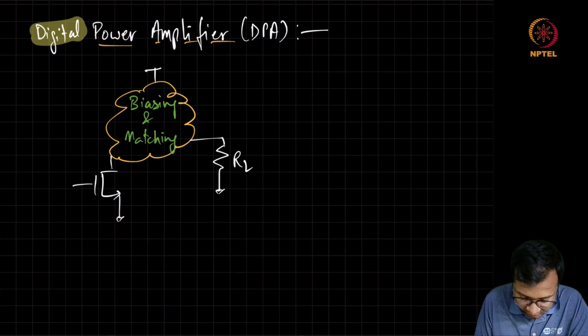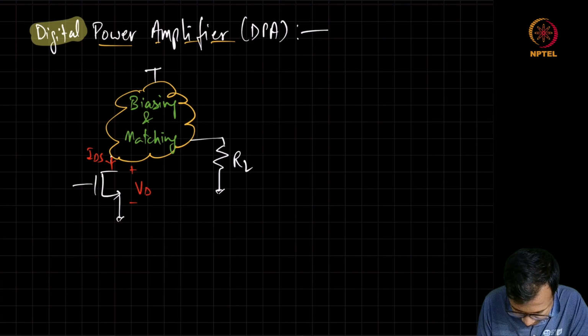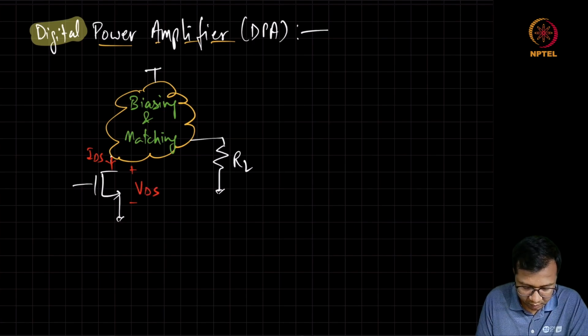Now here, if we observe this current IDS and voltage VDS of this MOSFET,